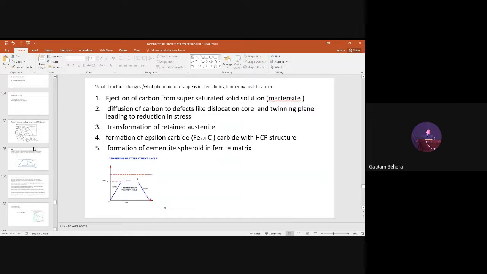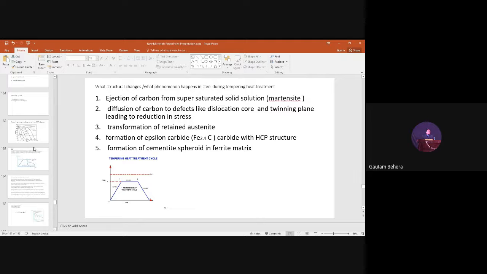Okay, fine. The conclusion of this topic is what? Whenever we need very high strength, high wear resistance, and basically high strength, high hardness, we need to do hardening heat treatment. Why? Because if you give hardening heat treatment to the steel, martensite will form. But the problem is what? We cannot use that steel directly in service, right? So we need to do tempering heat treatment. Why do we need to do tempering heat treatment?